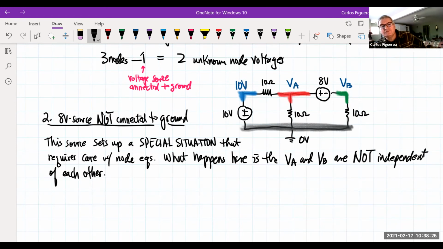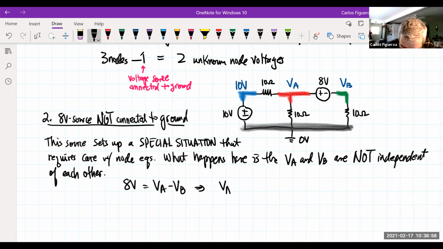Without a voltage source, they're completely independent. But with a voltage source, they're dependent upon each other. And what I mean by that is, look what happens. If the source is 8 volts, what do I mean by 8-volt source? Look at VA, it's the positive sign. Look at VB, it's the negative sign. It's the difference between A minus B here. In essence,